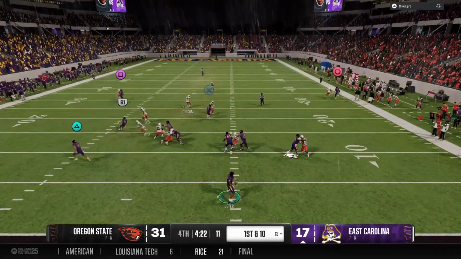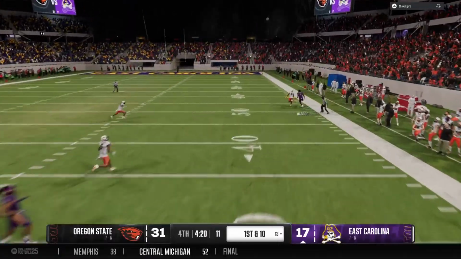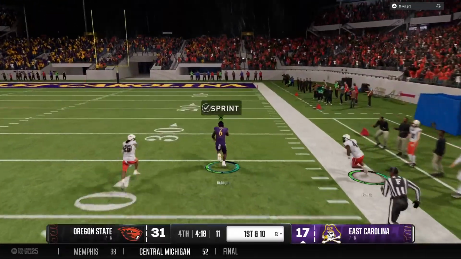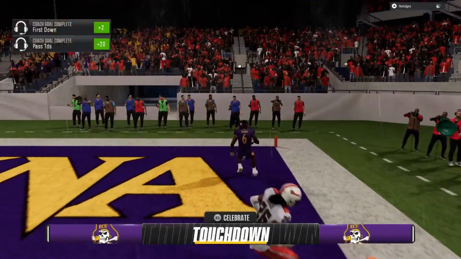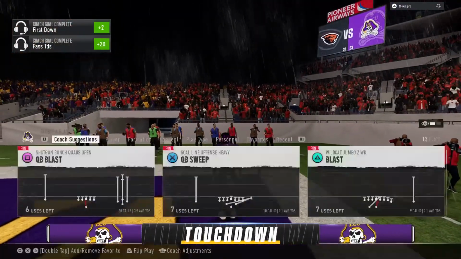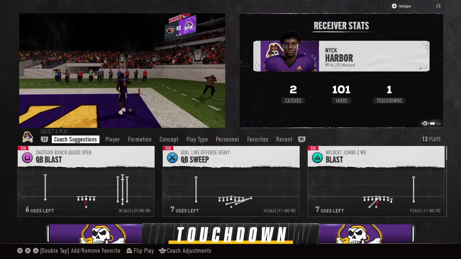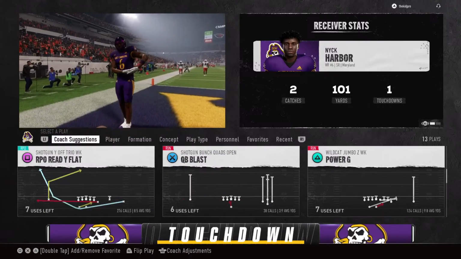And this is the kind of guy who's going to take a shot. Makes the catch on the right side. He's off to the races. Touchdown, Purple Pirates. And once he found some daylight, it was time to make a house call.